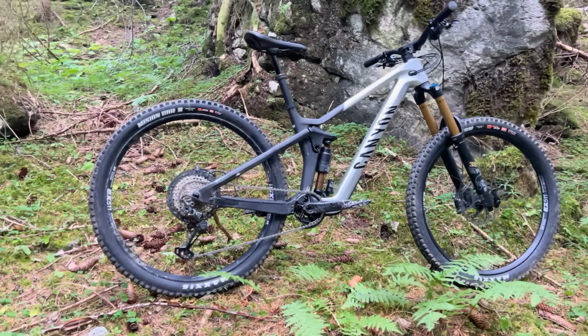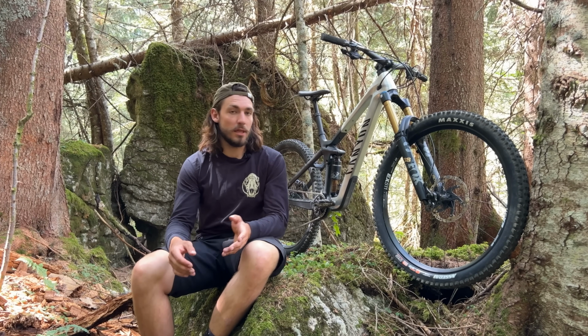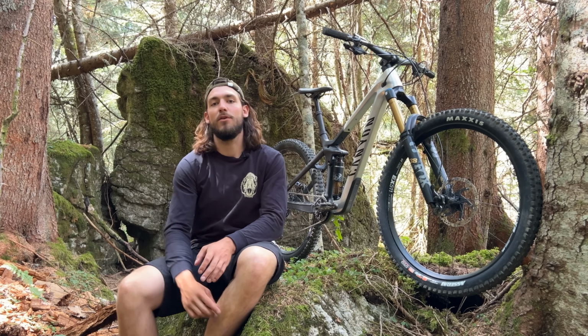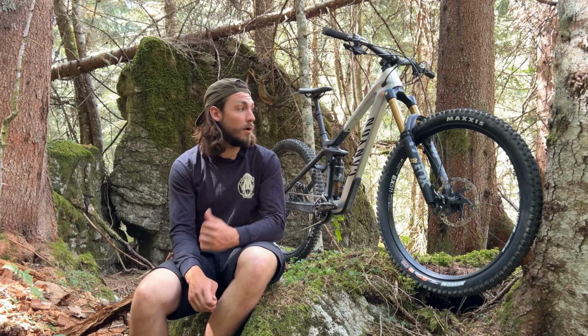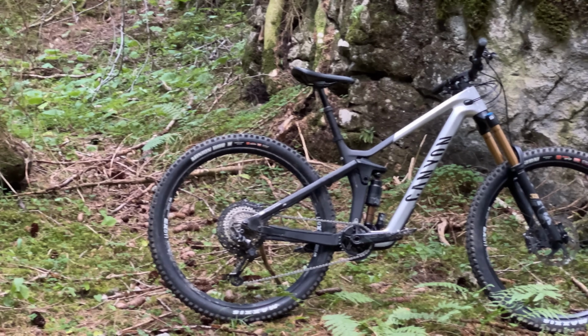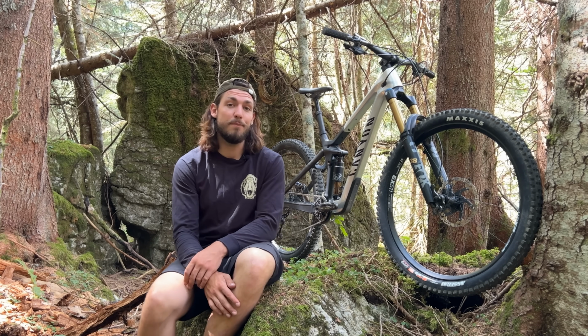Hey, what's up guys? Robert here, and beside me we have got Canyon's Strive CFR. To cover the key details, this is Canyon's carbon fiber only enduro race machine, crafted to attack Enduro World Series trails. It's available in 2 spec levels only, the underdog spec with some slightly cheaper but still absolutely race ready components, or the full bling Strive CFR you see next to me here with carbon race face cranks, Kashima coated suspension, really the works. But still, critically, a reasonably affordable price tag for such a high-spec bike of £6,000 or